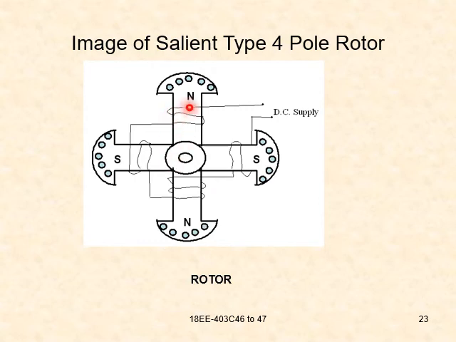So this is a 4-pole rotor: north, south, north and south. The winding on these poles is made of copper and is called field winding. It is connected in series from this pole to this, and this to this, and again this to this, and you get two ends that should be given a DC supply in order to get magnetized. This pole is made up of silicon steel or cast iron. Since it is iron, in order to get magnetized, we just give the supply.